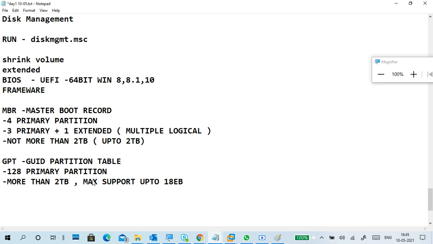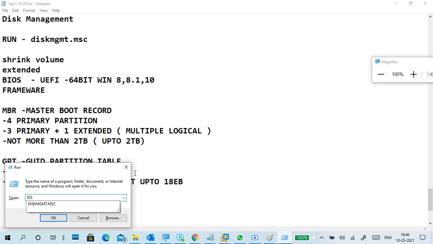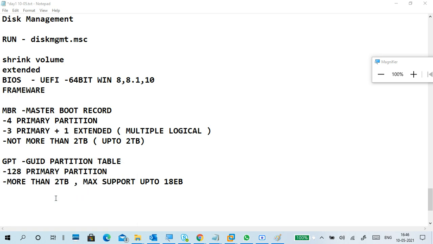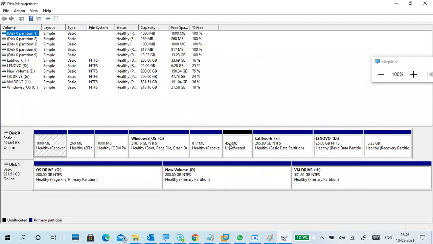If you add an extra hard disk, it can be MBR or GPT, it depends upon you. I have a hard disk in my physical PC. If you want to see, I will show you disk management. I have two hard disks. One is a 500 GB which came with this laptop and I added a 1 terabyte extra hard disk.